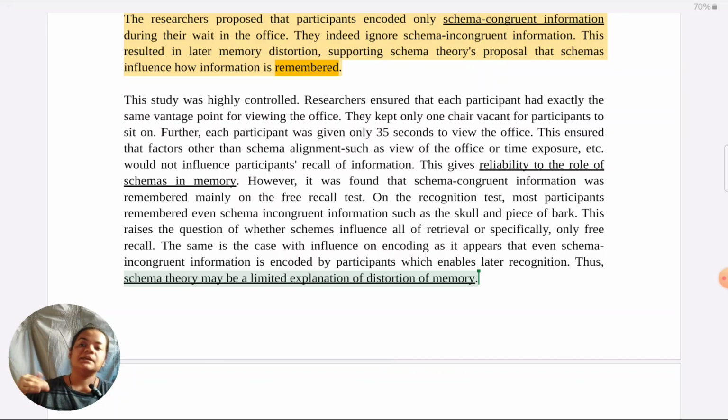Again, not just their study. Schema theory, can it explain all sorts of problematic memory, all sorts of distortions in memory? That comes into question. Otherwise, how come in this study on recognition, participants are able to remember everything? So this is how you need to link back. So again, every point is contextualized. Every point is linked back to the argument made. Again, excellent critical thinking has been shown here. I would call it well-developed critical thinking. And what I mentioned earlier, I would like to add also. This essay contains some lesser touched areas of critical thinking.